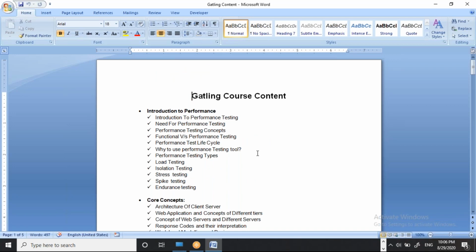Then we also do load testing, or types of testing. What are the types of testing in performance testing? That is isolation testing, stress testing, spike testing, then we will see endurance testing, because these tests are specific to every scenario, right? If there is a scheme on your e-commerce site, at that time we will get high load, and this is nothing but your spike testing. Or your application should be runnable for at least 8 to 9 hours.